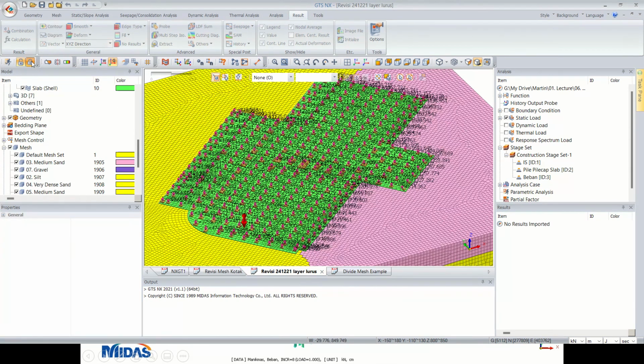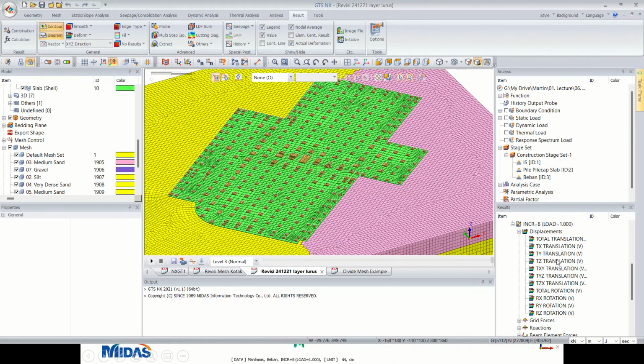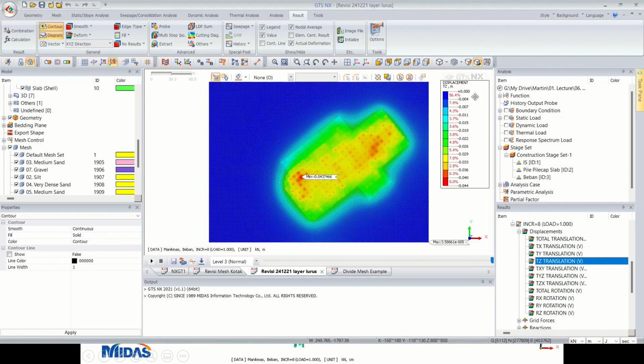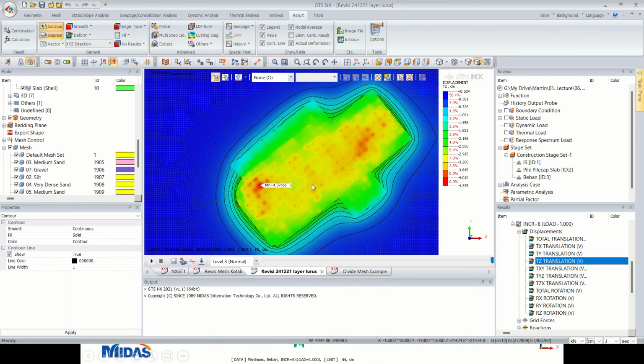Now let's take a look at what happened when we don't consider the soil surface. Everything is negative. The maximum settlement is about 4 cm, which is bigger. But if it is bigger, it doesn't mean it is more correct.